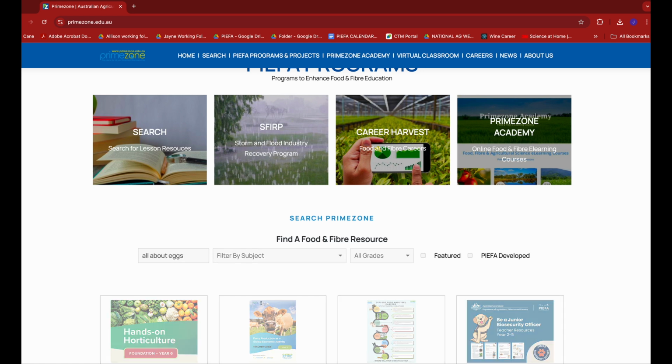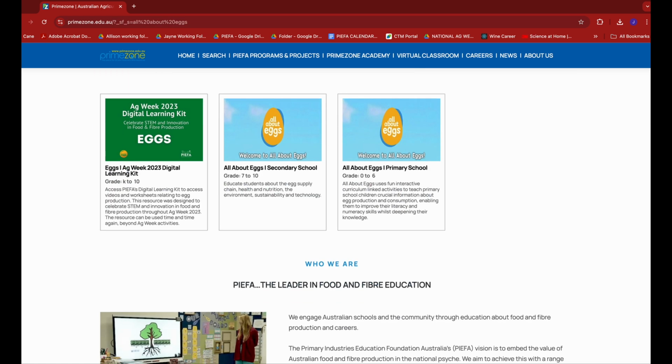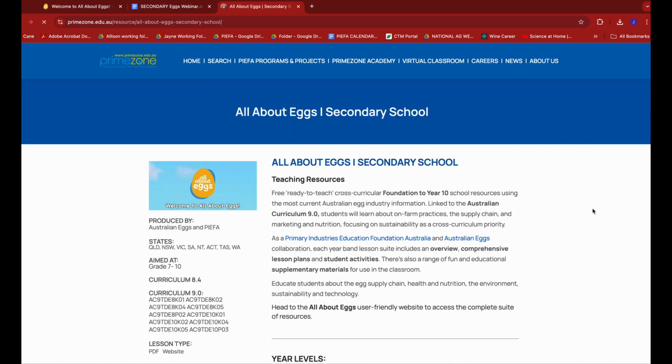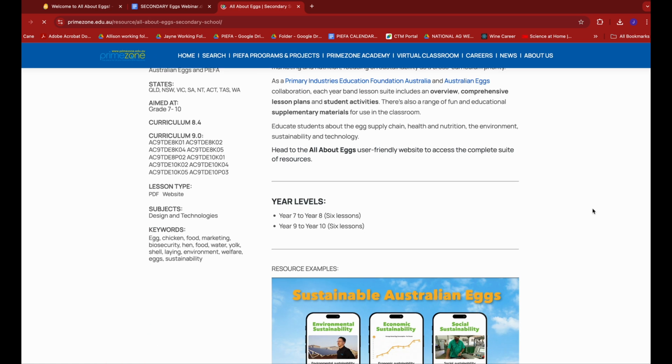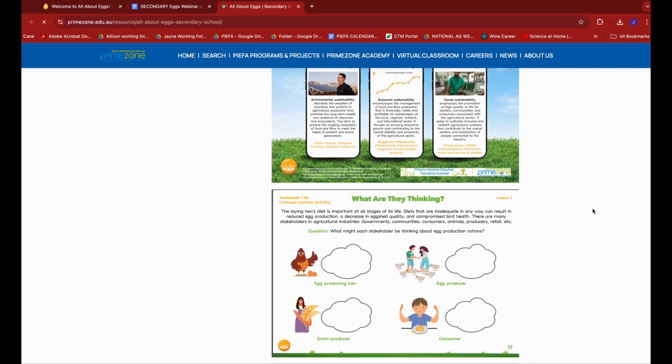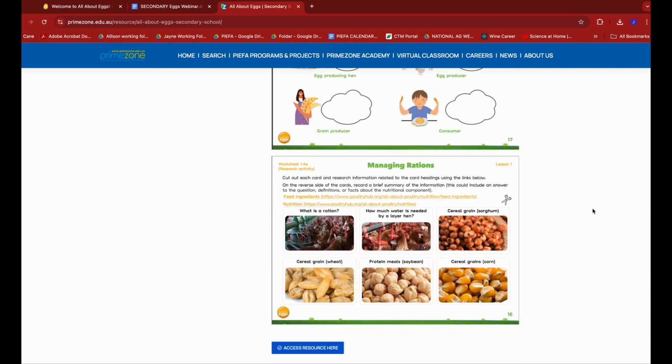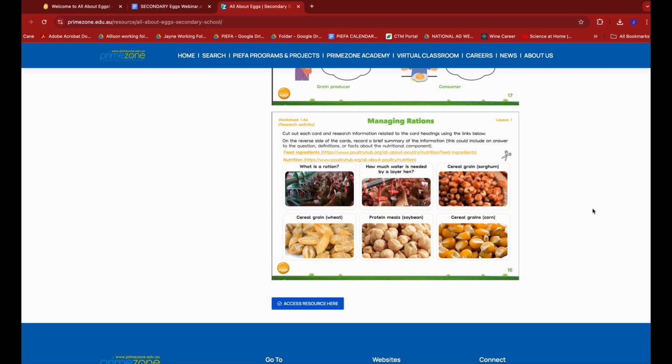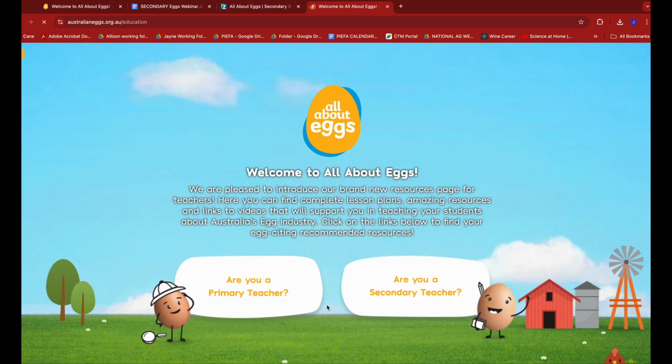The suite of resources are designed to support educators in teaching multiple areas of the Australian curriculum in an engaging and hands-on way. The lessons and supplementary materials are aligned to version 9 of the Australian curriculum. In the secondary year band, the resources will assist teachers in delivering content within the Design and Technologies learning area. The resources focus on various aspects of Australia's egg industry, including sustainable farming practices, the role of technology in enhancing production, and the importance of animal welfare.